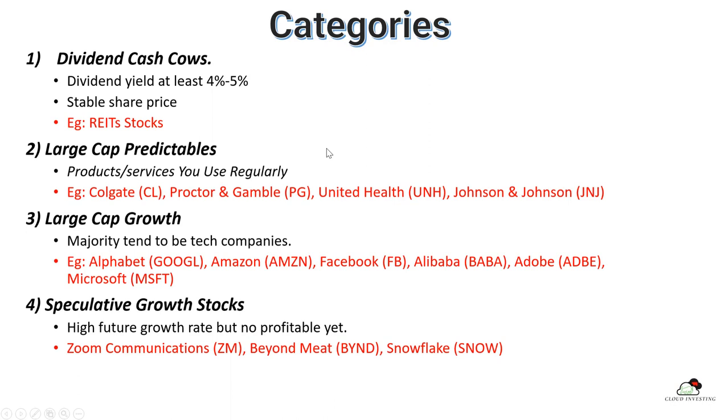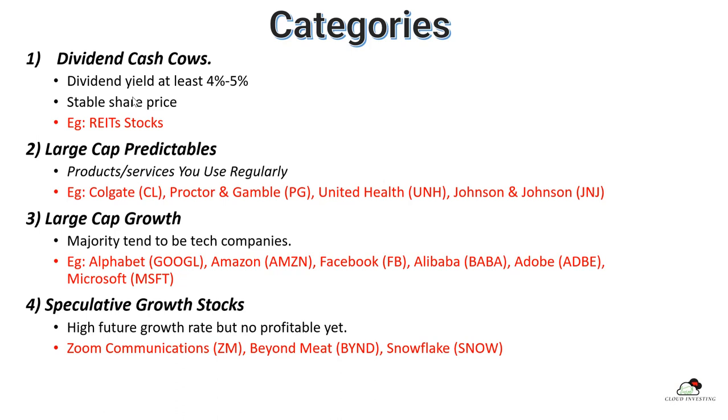So now we're going to the categories. Some of the stock have different categories. We have a total of 7 categories here. The first one is the dividend cash cow. Once you buy the stock, you have to think what your purpose is for buying it. You want to have the capital gain or you want to collect the